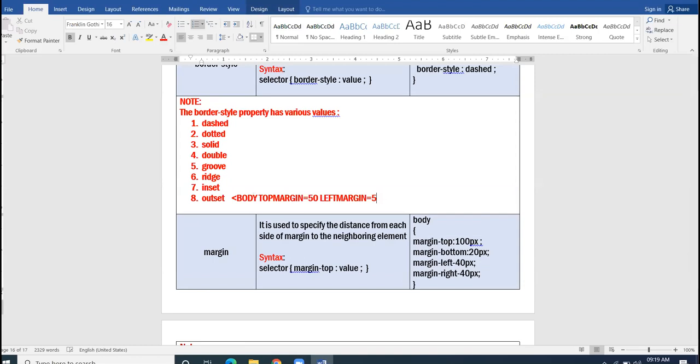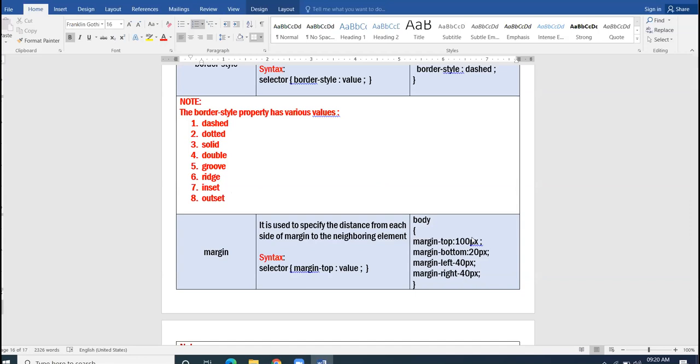But as now we are dealing with CSS properties, when you are in CSS, you set the margins by giving the margin property, and the margin property is in four forms: margin top, margin bottom, margin left, and margin right.